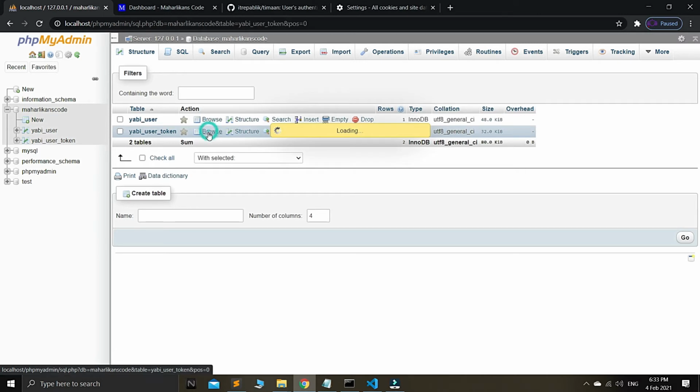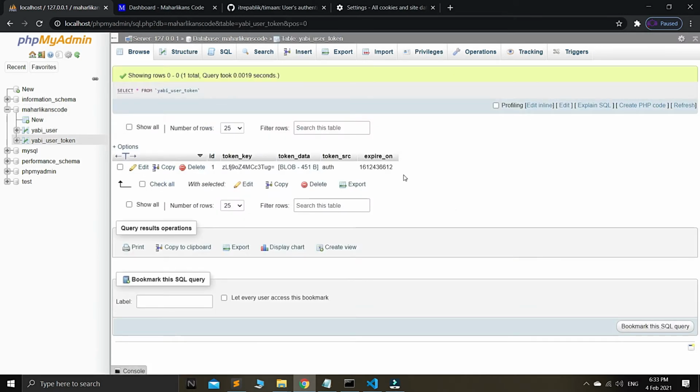Okay, there is one record here, guys. So this is the beauty of this token now. We have this blob, and that one we cannot edit. We have the token key, which is already encrypted, but we know that this is the username. Then the token source is the auth. Later we will prevent this when there is a double login, so we just extend the expiry on